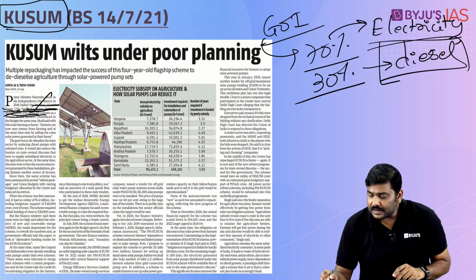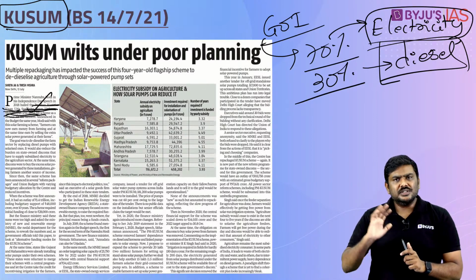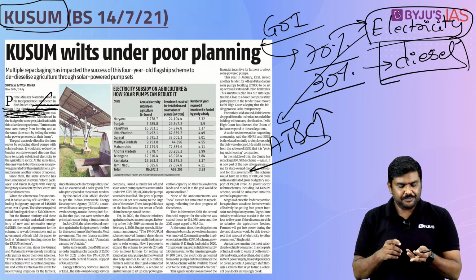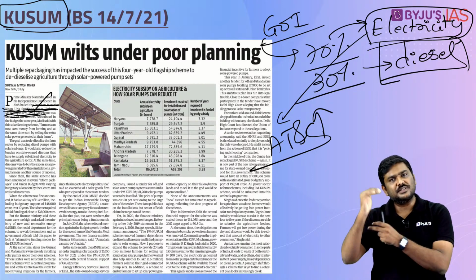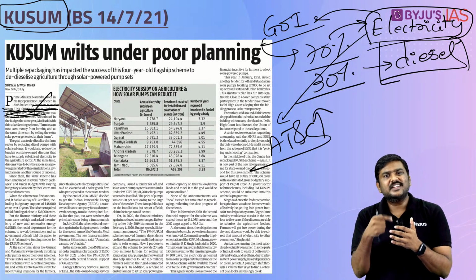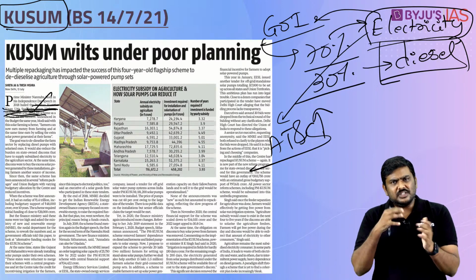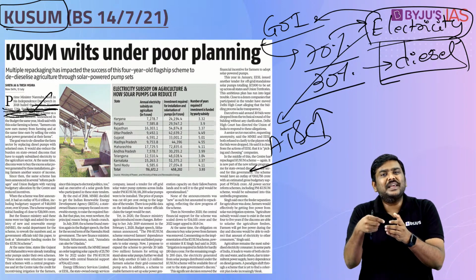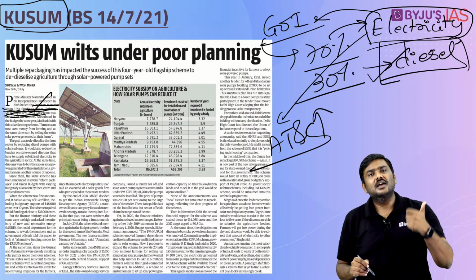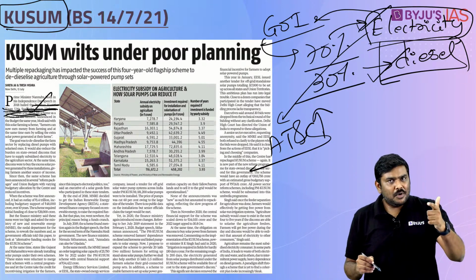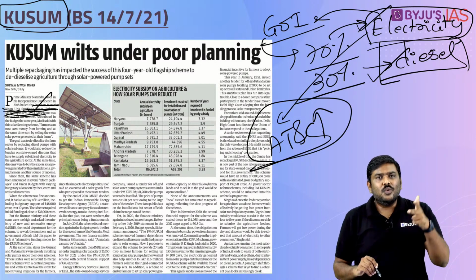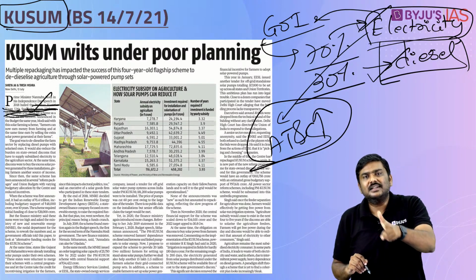And second, electricity, there is an issue related to agriculture sector. What is the issue? One, the AT&C losses of DISCOMs is very high. What is AT&C? Aggregate technical and commercial losses of the DISCOMs is very high. Second, in many of these particular states, electricity for agriculture purpose is provided at subsidized prices, which will basically lead to certain revenue implications for the DISCOMs. So Government of India stated, one, I want to reduce the consumption of diesel. Second, I want to reduce the amount of subsidy that is provided for electricity in the agriculture sector. And third, I also want to work on the AT&C losses that are incurred by the DISCOMs at the state level.